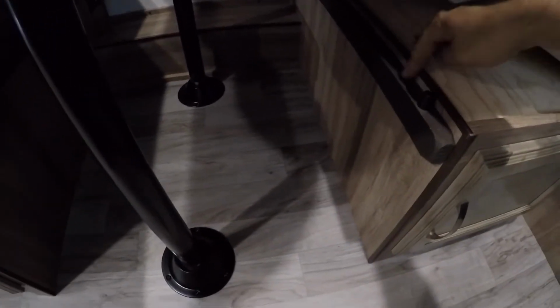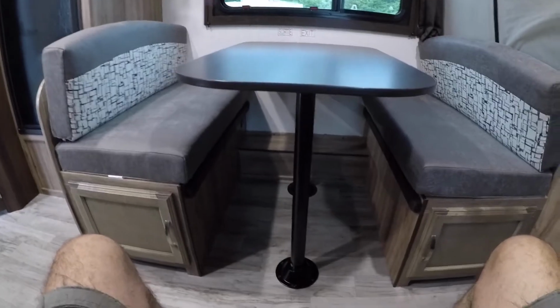You have your dinette. Your dinette does fold down into a bed as well. Just lift the legs off and put it in the track right here. The table lays in that track in here, and then you can adjust the cushions and make that into a bed. Storage underneath,